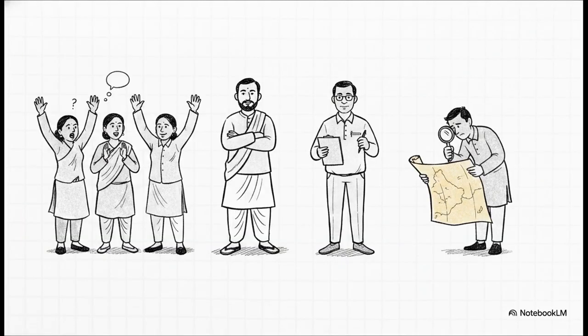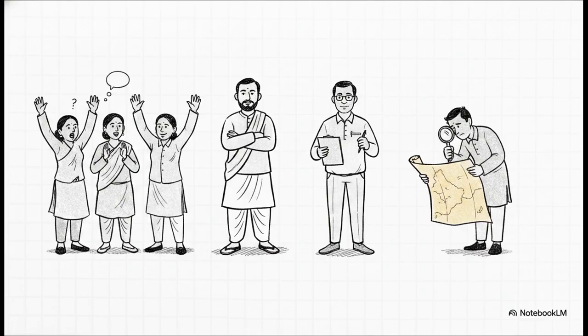So, who actually runs this thing? First up, you have the Gram Sabha. This is made up of all the adult voters in the village. And they don't just cast a ballot and go home for 5 years. They actively meet, discuss, and take decisions together. Then they elect a head or a president, usually called the Sarpanch or Pradhan. To keep the wheels turning, there's a Panchayat secretary. They handle all the administration, call the meetings, and keep the official records. And finally, in many areas, you have the Patwari, an officer who maintains the land records.